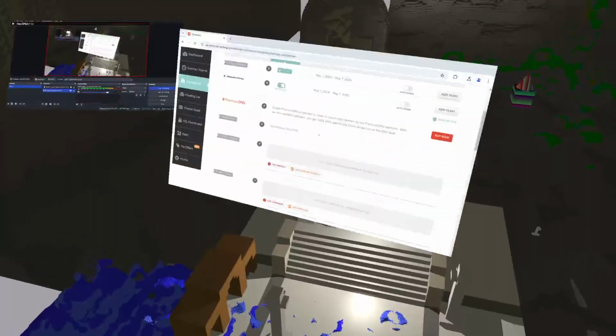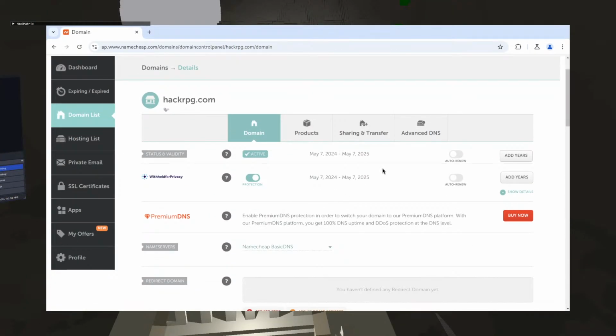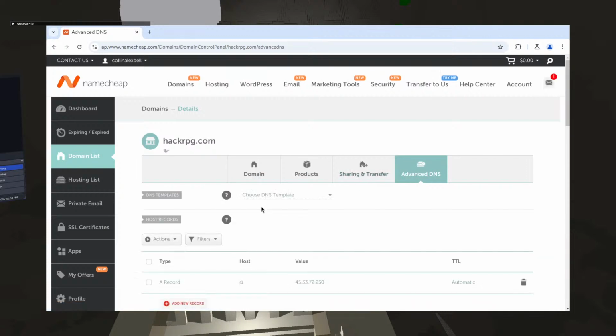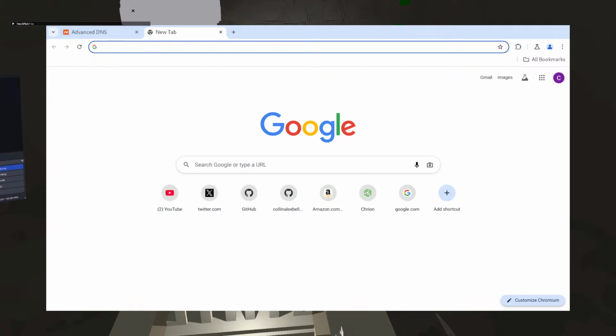And now, whoops, now I can reactivate all of that. And so you can watch me manage my DNS here. Okay, so advanced DNS, I think. It is an A record. Let's see if I can actually make an A record.